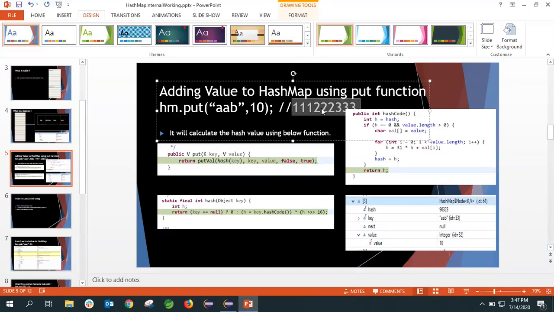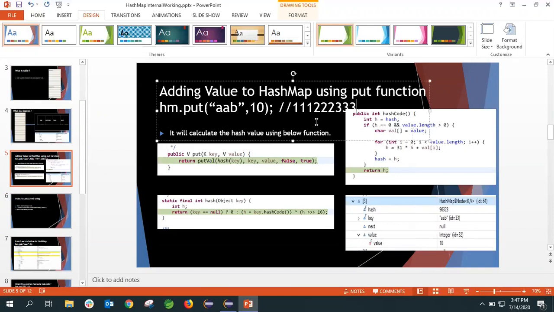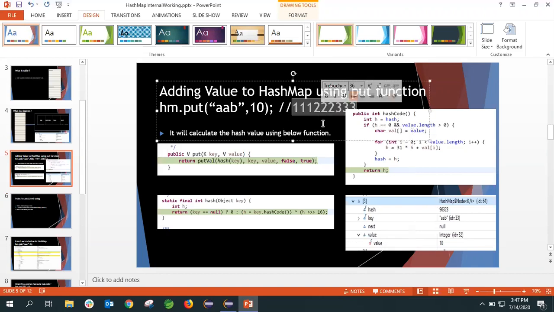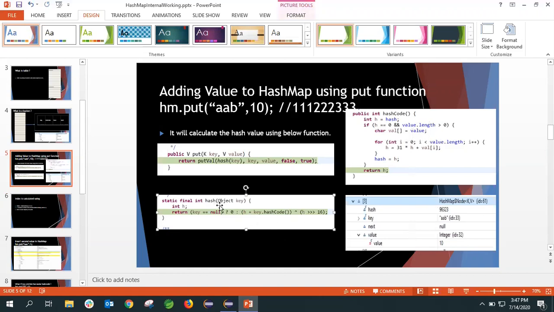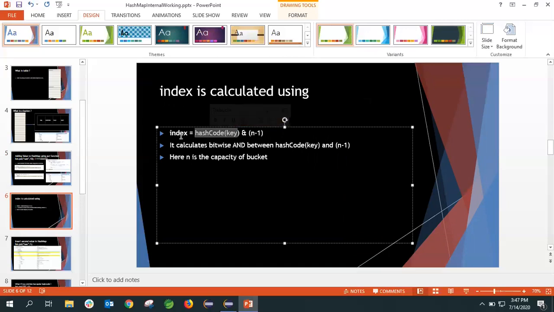So in order to handle that, the JVM, the Java developers have come up with another mechanism. That is, they get the index from this hash value. In the second screenshot you see here, they're getting the hash value, and then after that they're getting the hash code. If we go to the next screen, you'll understand. From the hash code, they're getting the index.